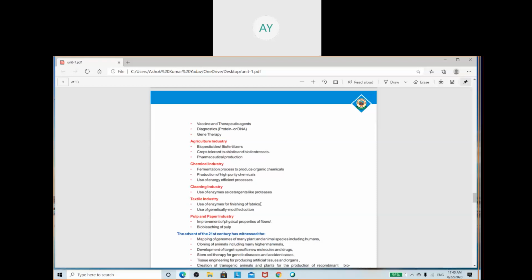You know fabric: a fiber is the unit of fabric, and after the weaving process we get the cloth that is known as fabric, आपको पता है। तो ये फैब्रिक का क्वालिटी इंप्रूव करना है कि सॉफ्टनेस बढ़ाना है, कलर चेंज करना है, so that is the concept with the use of enzymes. Then use of genetically modified cotton, that is known as GMO cotton, GM genetically modified cotton, that is known as Bt cotton. So Bt cotton that is